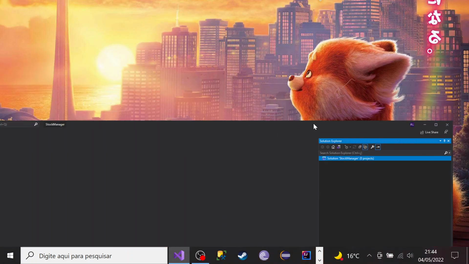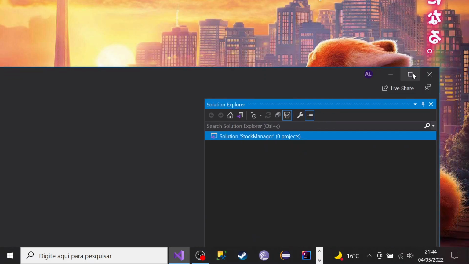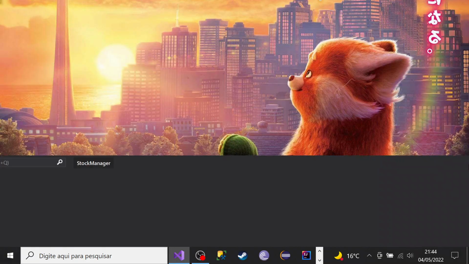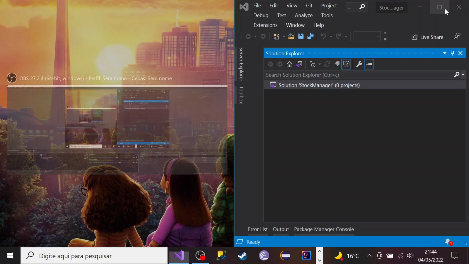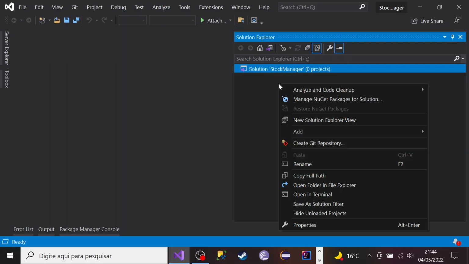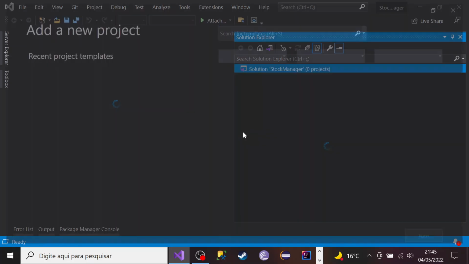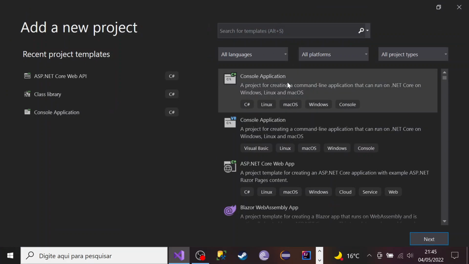Let me get to the screen where I have the Visual Studio. Yes, good. So we have only the solution. I don't have any project, and we will create and add projects now. Okay, so clicking the right button of the mouse and choose the option add new project, and we will create the